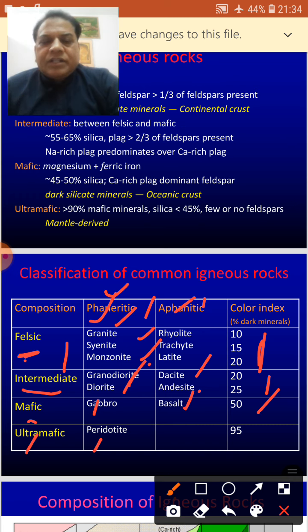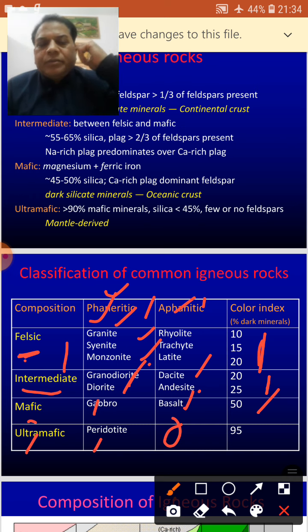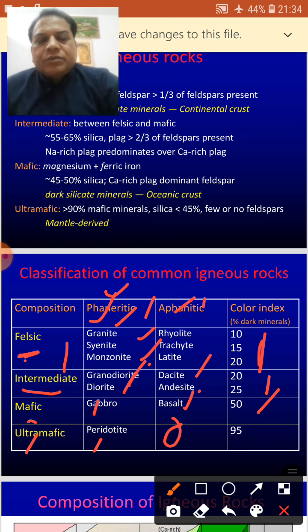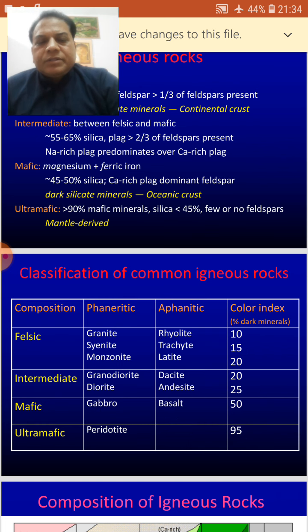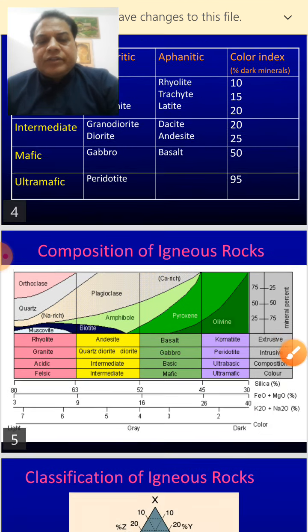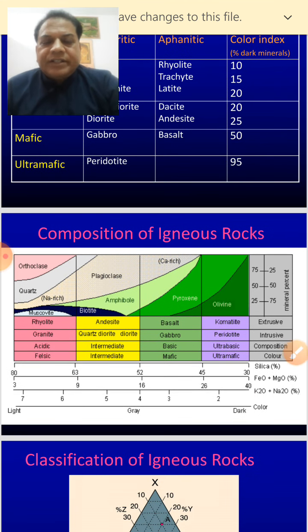Now a rock, though it is not mentioned here, that is ultramafic and has an aphanitic texture will be a komatiite. So that rock is komatiite, the only volcanic ultramafic rock. Naturally the color index will be more than 90%, and here it is 95%. Likewise, if you take these things into consideration, and you can see in the other diagrams also,